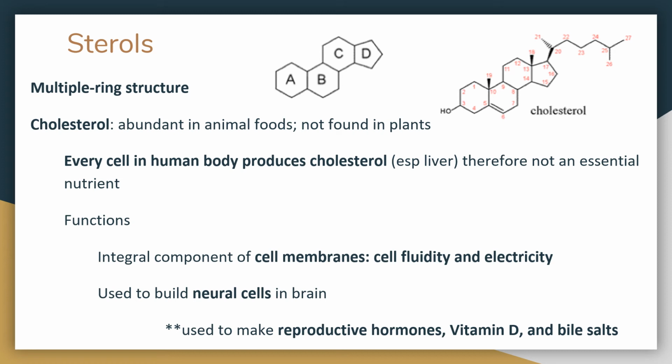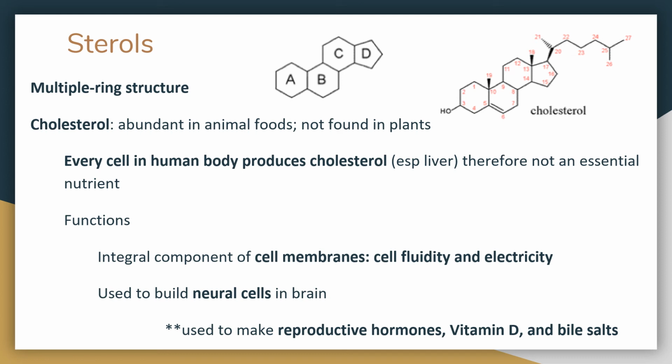Okay, so that's triglyceride and phospholipid. And now our third one is the sterol. Sterol takes a slightly different structure from triglyceride or phospholipid. The sterol is like a multi-ring structure. So you see that base structure here with A, B, C, D. And on the next slide, I'll show you some further examples of sterols in the body, and they'll all have